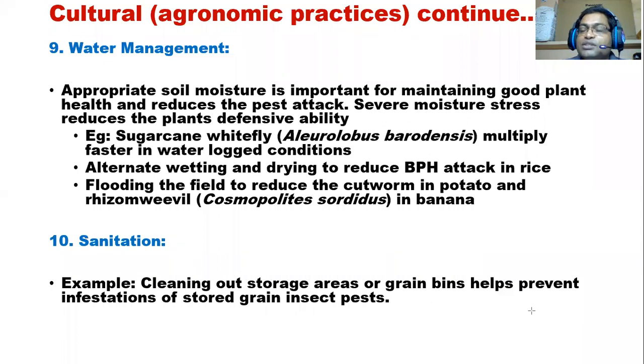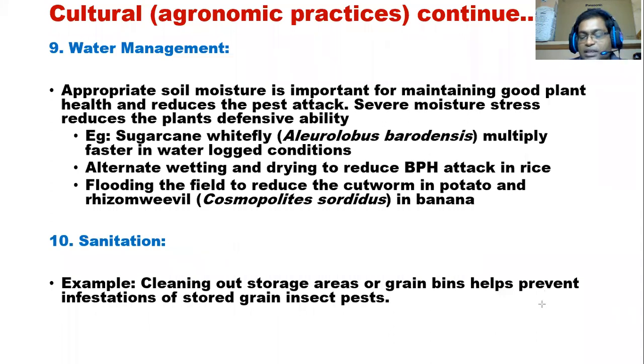Owl in the night. In Israel, if you go there, they are rearing owls, because by giving a nest to the owl, the owl will sit. And in the night, if there is a rat problem in the field, rats will be controlled easily by using these owls. These are some of the cultural practices traditionally followed, right?